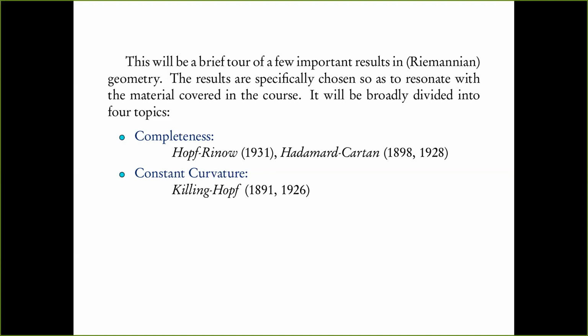But these are only for dimension 2. In general, you can ask for a classification of constant sectional curvature in higher dimensions. And that's what this theorem by Killing and Hopf talks about. Okay? And again, these are 2 dates because they were proved separately and independently, and one proved a version of it, and then the other one generalized it to the whole setting. So that's by Killing and Hopf, 1891 and 1926. So we are starting way back in 1891. That's almost 130 years back, right? Okay, and there are dates in the middle.